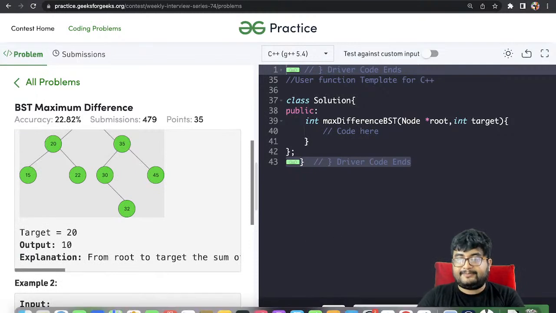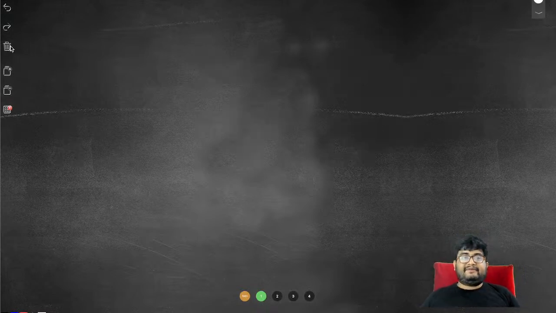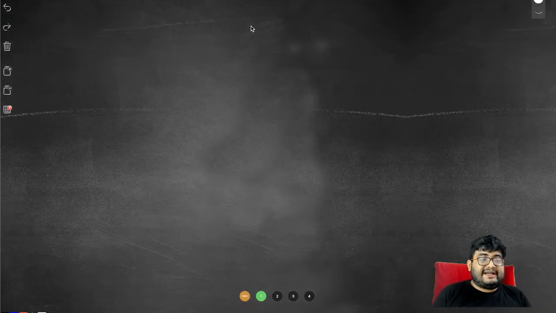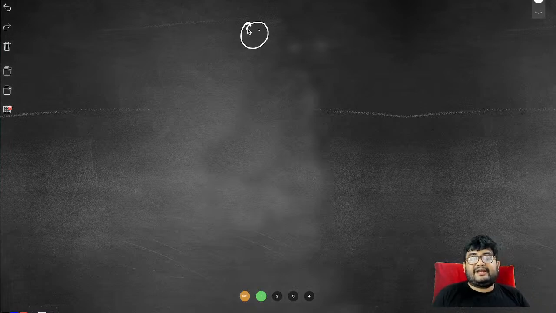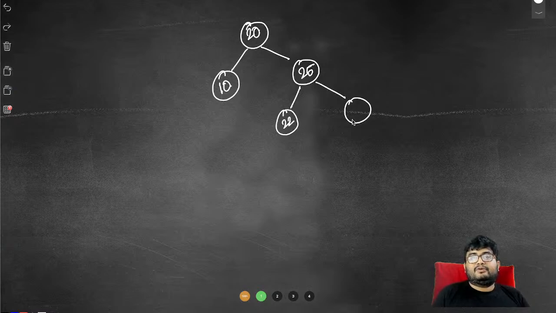The question is pretty simple, and let's quickly understand one more time what it tells, and then we can go into the code for this. So we are given a binary search tree. This is important. We are given a binary search tree. Let's say we have 20 here, we have 10 here, we have 25 here, we have 22 here, we have 27 here, we have 30 here,